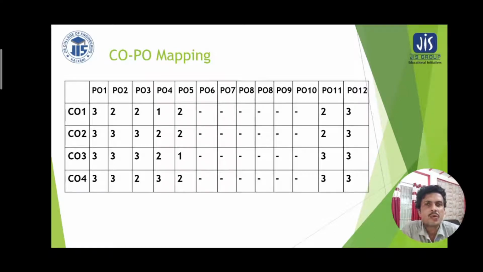Now in the course outcome and program outcome mapping, we are seeing that there are 12 program outcomes which are mapped to the course outcome statements. So here, as 4 course outcome statements exist for basic electronics engineering, they have different weightages assigned to each of the columns of program outcomes. And here 3 depicts the high weightage assigned for a certain mapping, 2 means the moderate linking, and 1 stands for the least linking. And when there is no link, it is kept vacant with a dashed line.